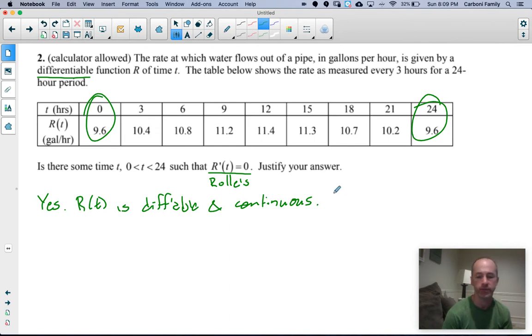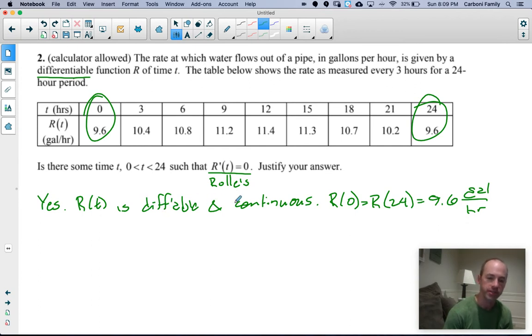Then I'm going to say that r of 0 is equal to r of 24. And it's not a bad idea to go ahead and just say they both equal 9.6, although that last part is not actually needed. I will include units because that's always a good habit to get into also. So if a function is differentiable and continuous on an interval, and you have 2 values of t that return the same value of the function, therefore Rolle's theorem